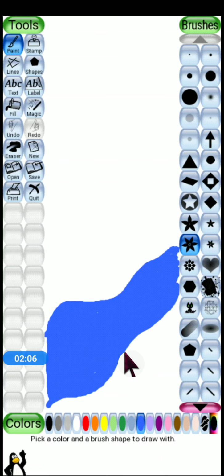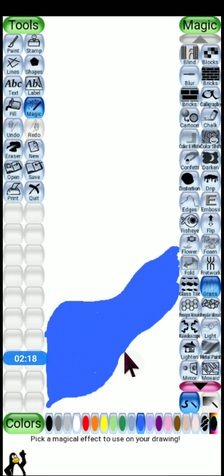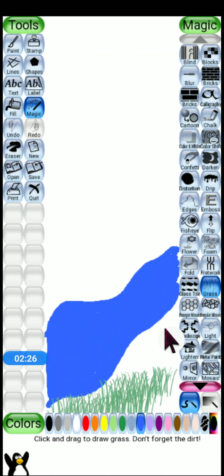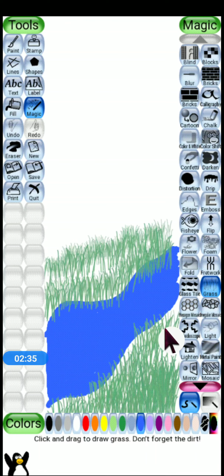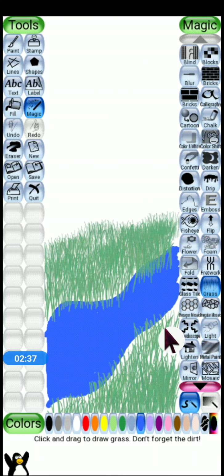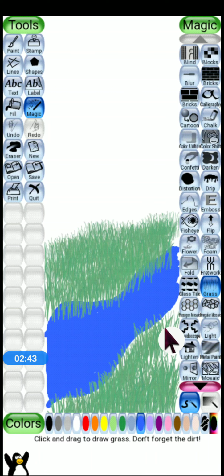For this I need not draw it by pen tool. This magic tool is going to help me out. So for this, click on magic, and wow, we are having a grass effect. So the first effect which we have learned is grass. See, wow, I need not make it. I'm just using it so smoothly. See, so as much dense as you want to. Fine, grass is done.